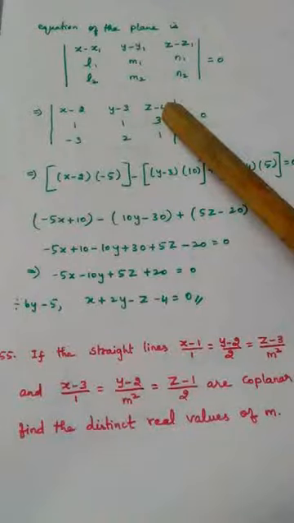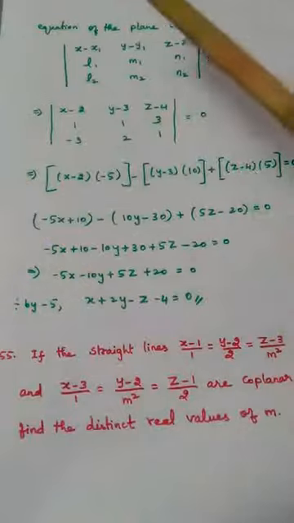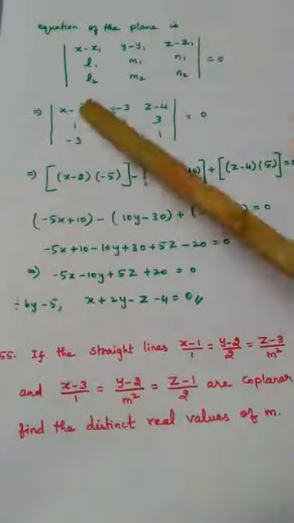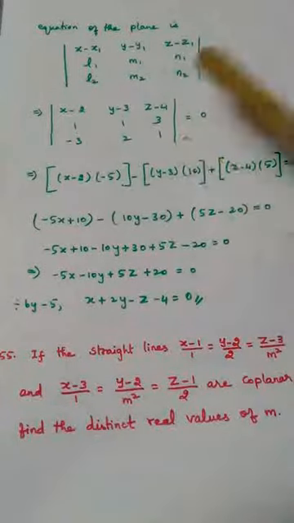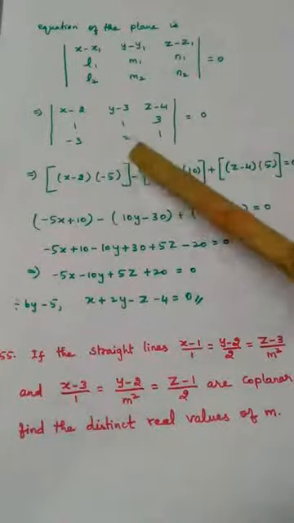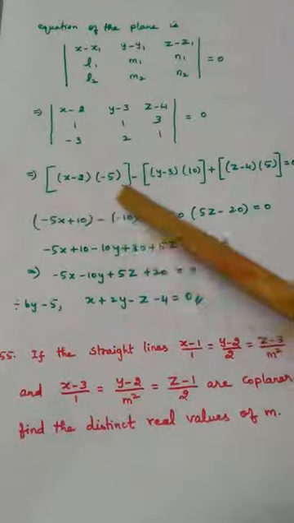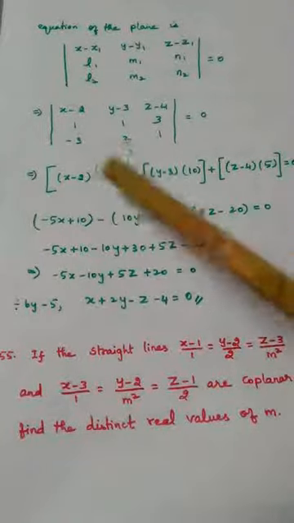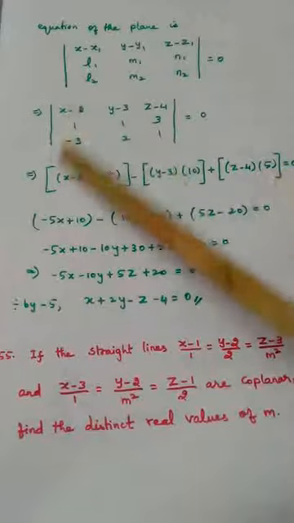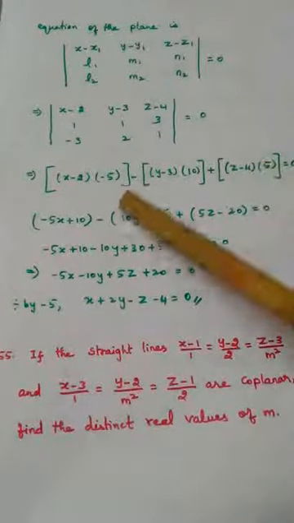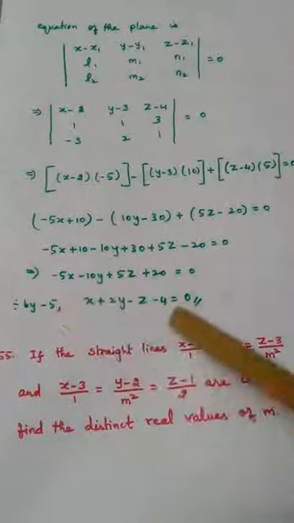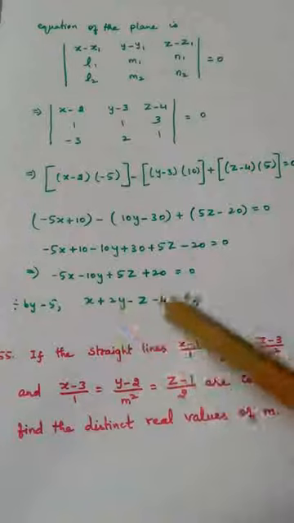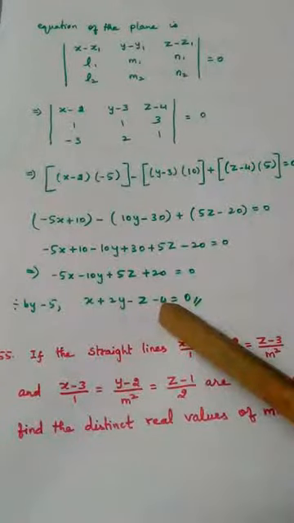From where are we taking these values? From the first line. Before itself we have written what x1, y1, z1 are. From that you substitute this. Similarly, the L1, M1, N1 values and L2, M2, N2 values, equal to 0. Expansion of a determinant we are now familiar with, so we need not explain that. Expanding the determinant like this: plus symbol, minus symbol, plus symbol. So finally, by simplifying all these things, we get the Cartesian equation of the plane. This plane contains those two coplanar lines. That is the meaning.